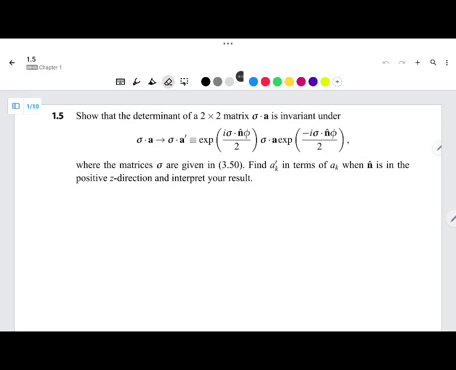So we need to show that the determinant of sigma dot A is the same as the determinant of sigma dot A prime. And if I write U as